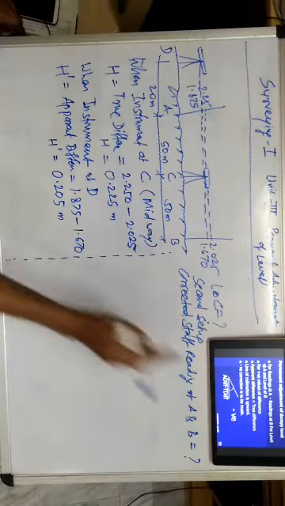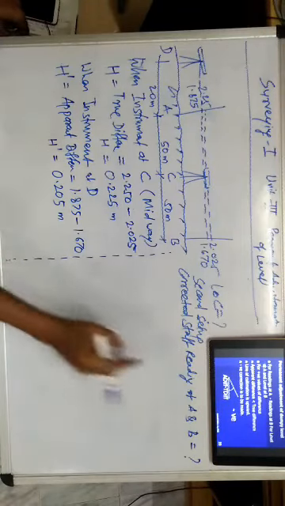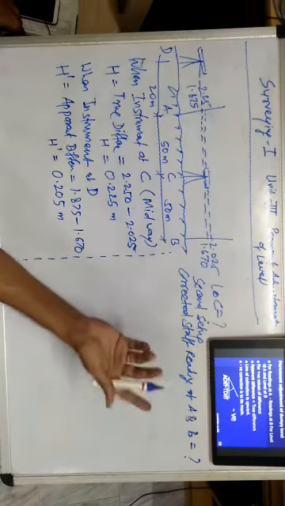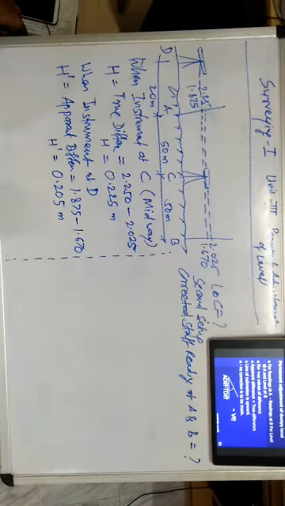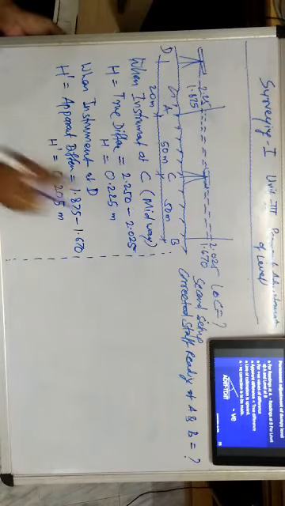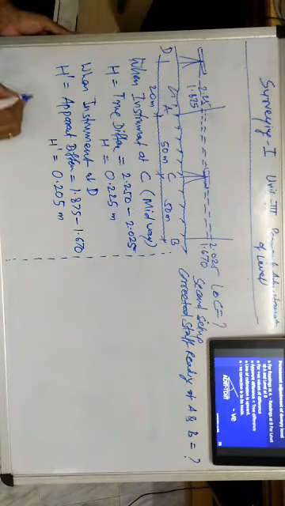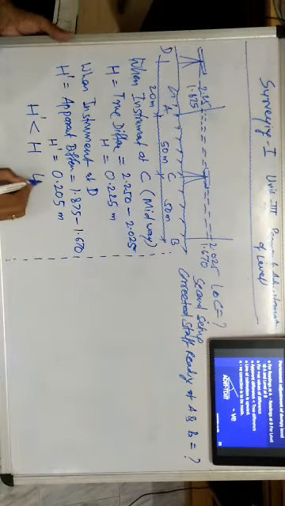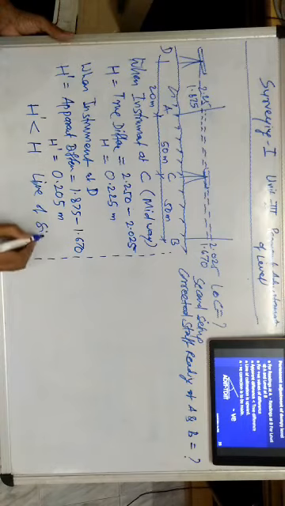Now as we have already seen for checking the permanent adjustment, this figure we have to remember. If the apparent difference is less than the true difference, then the line of collimation is upward and the correction is negative. And if the condition is reverse, then we make the other conclusion. So in this case H dash is less than H. So again the same condition is there, and we can say that the line of sight is upward.